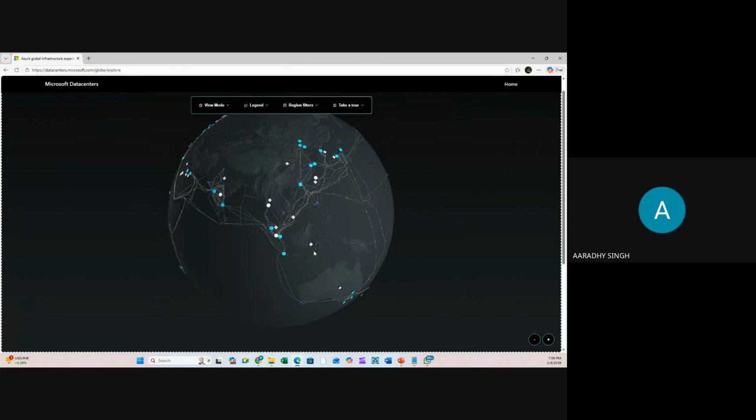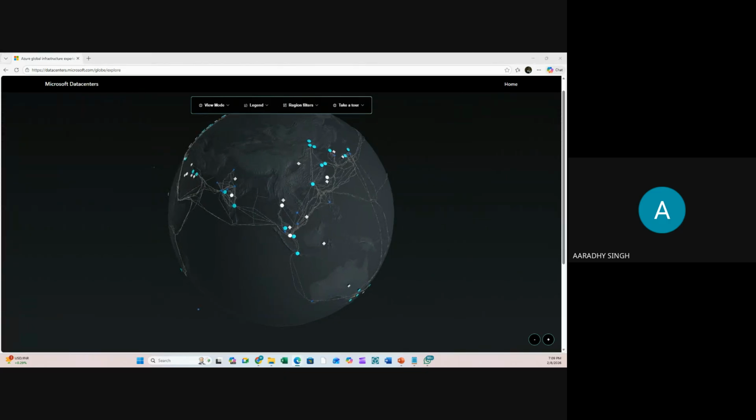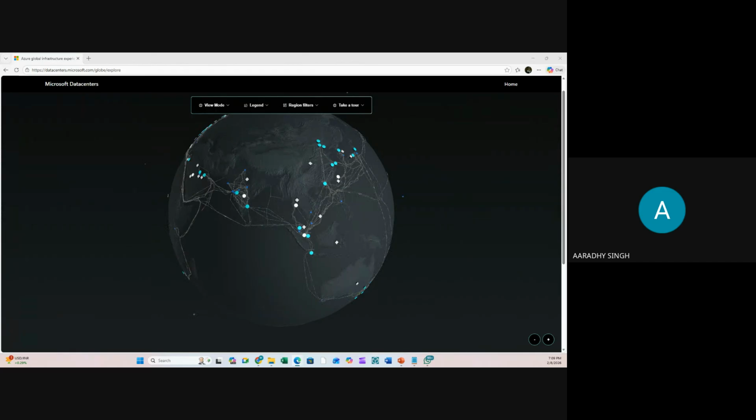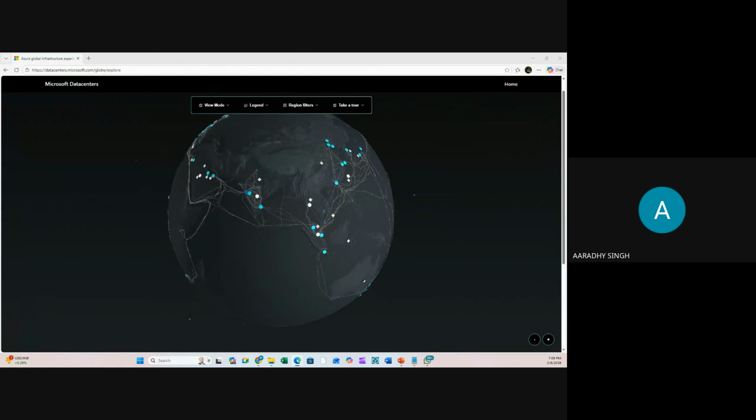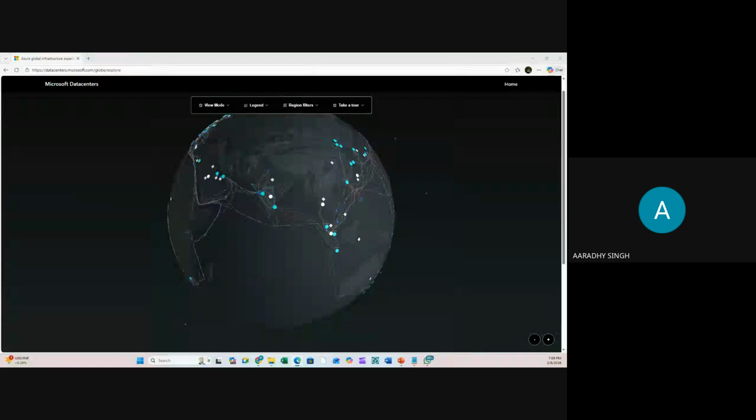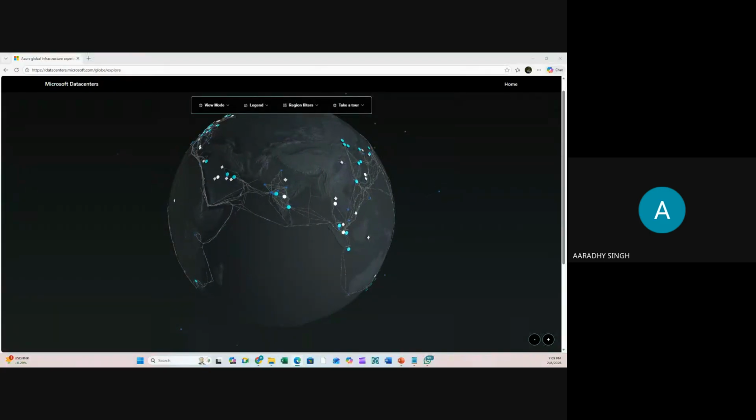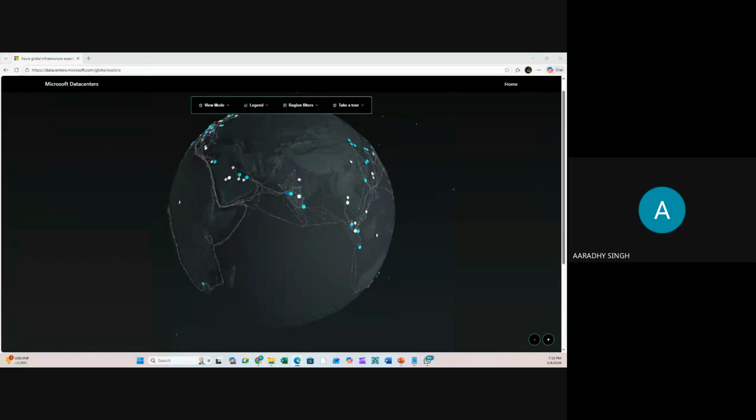If a country is very big, then it's one geographic location, or a combination of multiple countries together is called a geographic location. For example, Europe is one geographic location. Within Europe, there are many countries, more than 25 to 30 countries. So Europe is one geographic location.